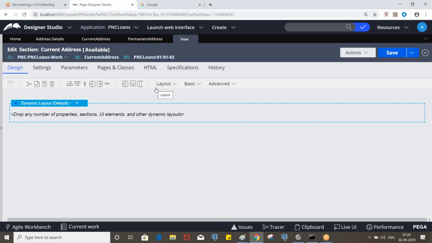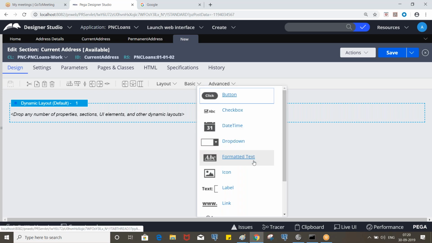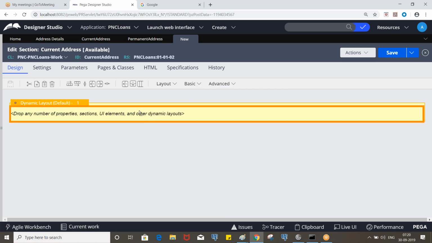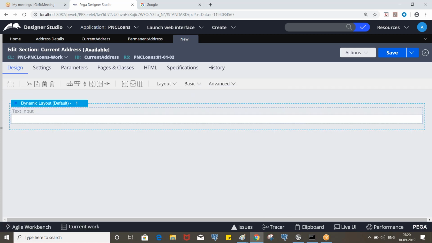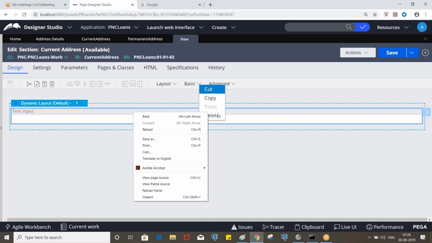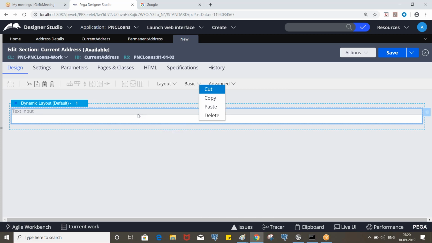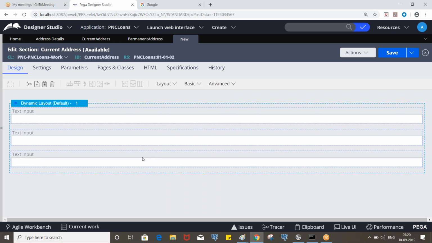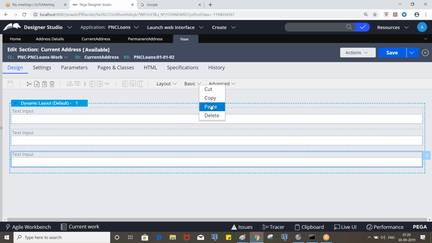So how do we need to specify? Either you can drag it or take the control. All are text inputs, right? That means the user has to enter these details. Okay. So you can copy paste like this. We need 6 controls.